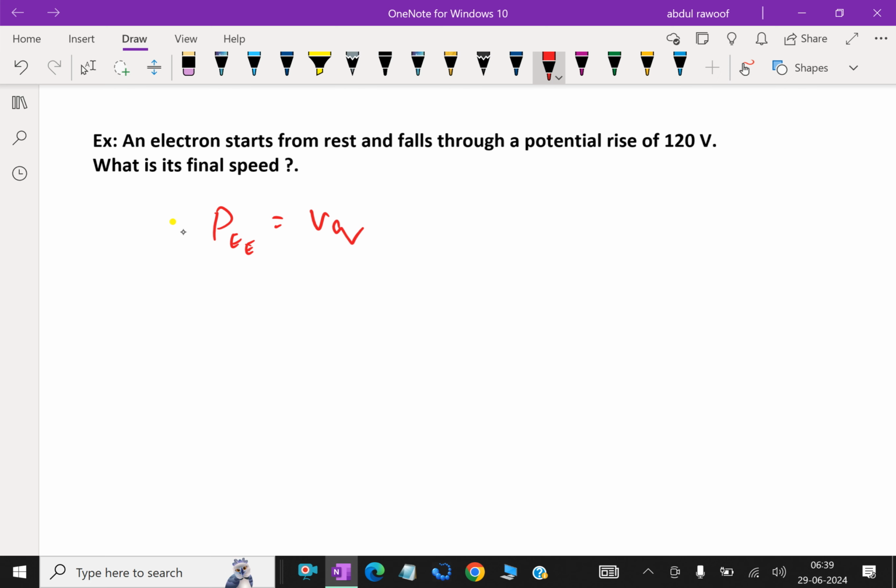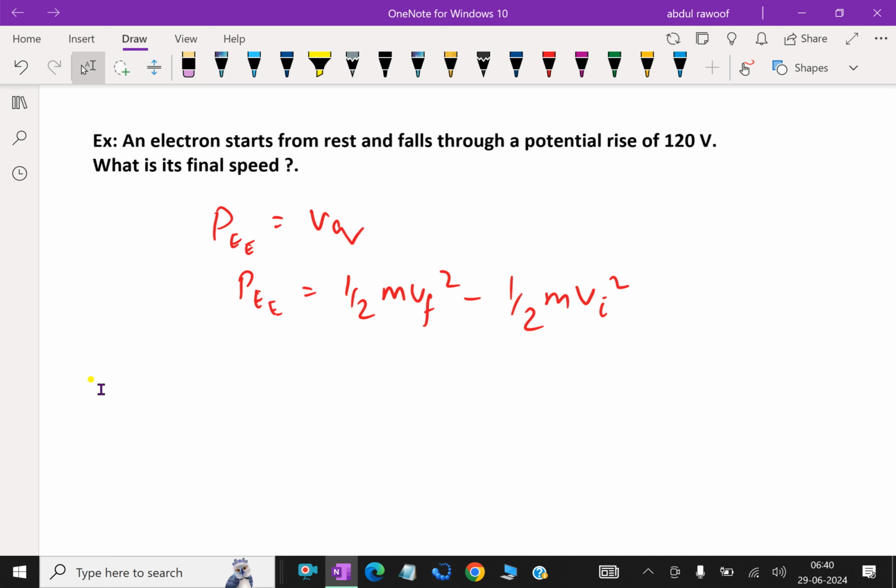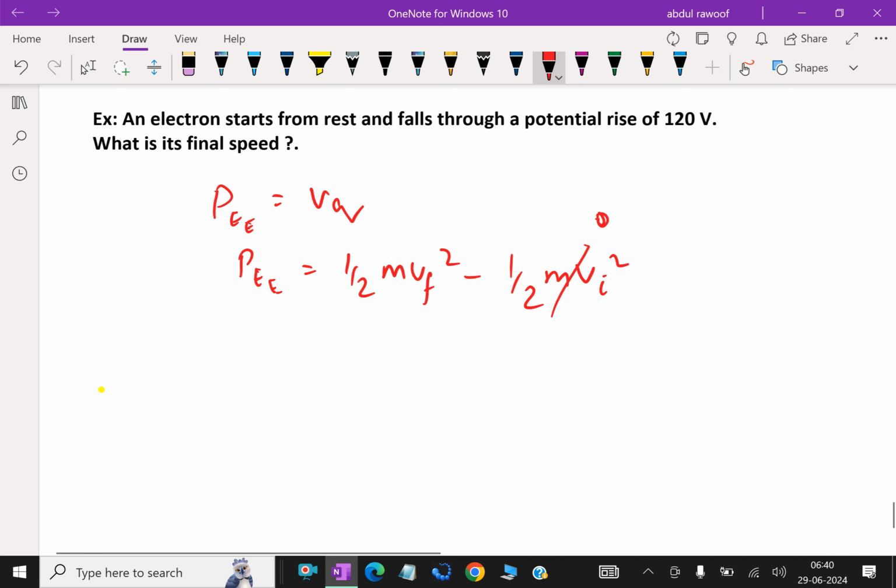Now we know that the change in potential energy is the kinetic energy, which is equal to half m vf squared minus half m v initial squared. Here, what is its final speed after falling through a potential rise? The initial velocity is 0 here. Then we can say